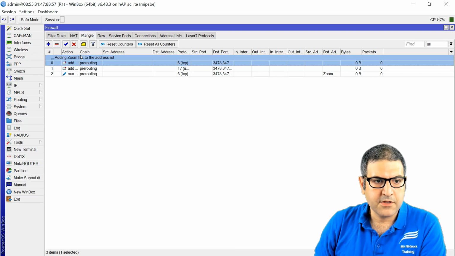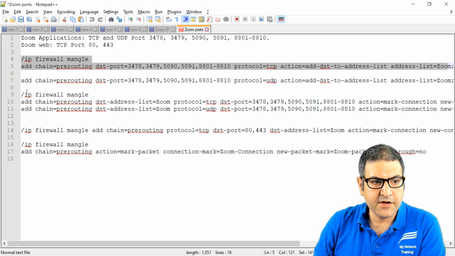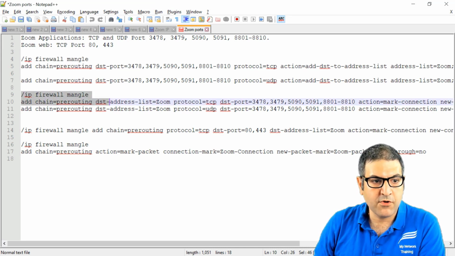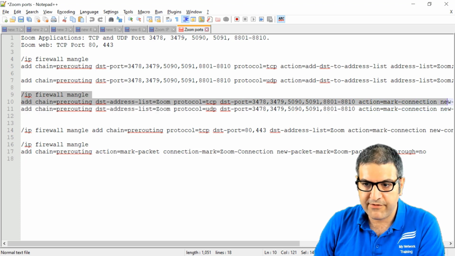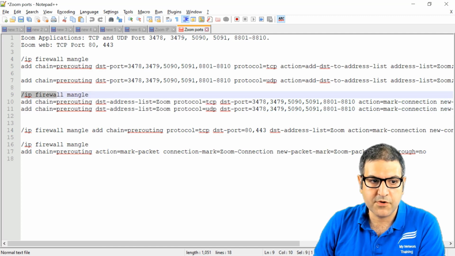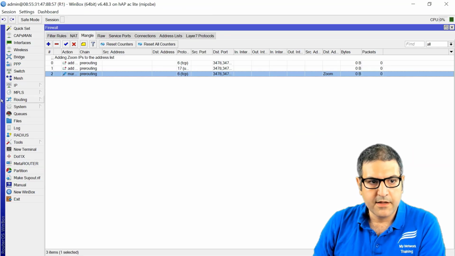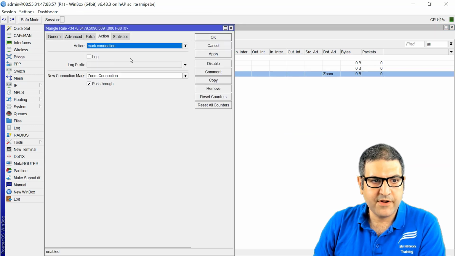All right. So this is what I have done over here, and you can see this is what I have done over here. This one, IP firewall manual. So destination address is the Zoom protocol TCP, destination port, those port, and then we have made the mark connection and Zoom connection. So we have done for TCP. Let's do also for UDP. Now I will make also a copy of that one,